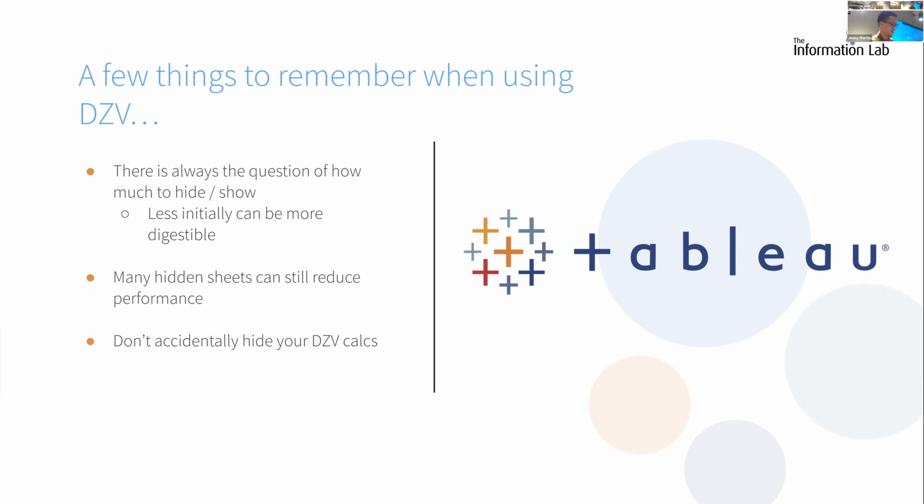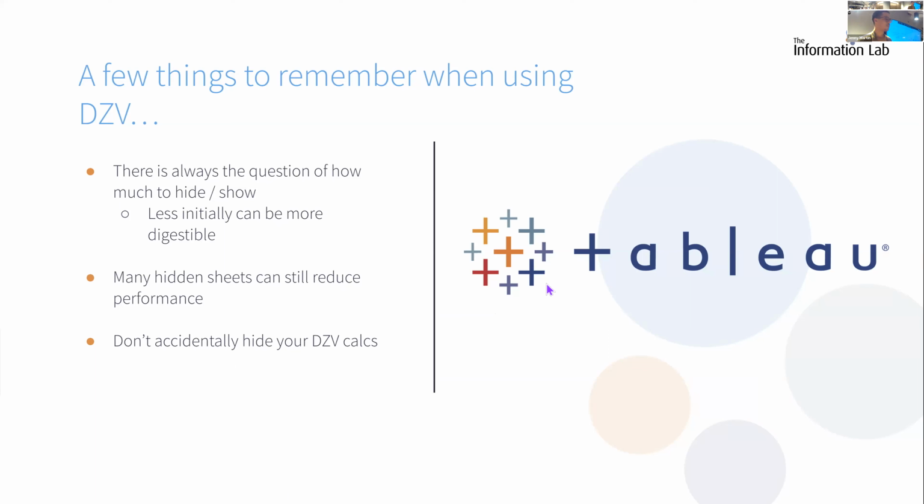That's something I've been having an issue with because some of my stuff is running very slowly on their servers right now. So they've been bothered by that. So just keep in mind that performance issues can still happen. You have a bunch of hidden sheets that they're not seeing. And don't accidentally hide your dynamic zone